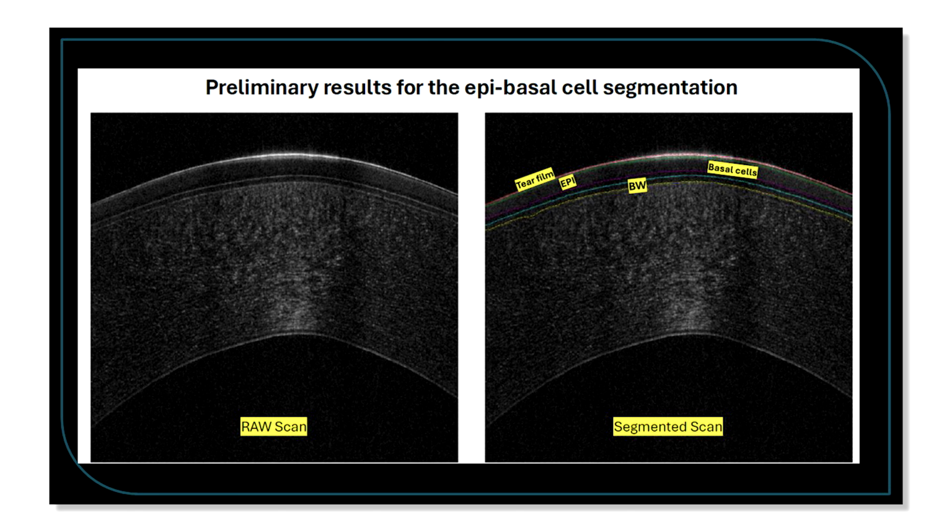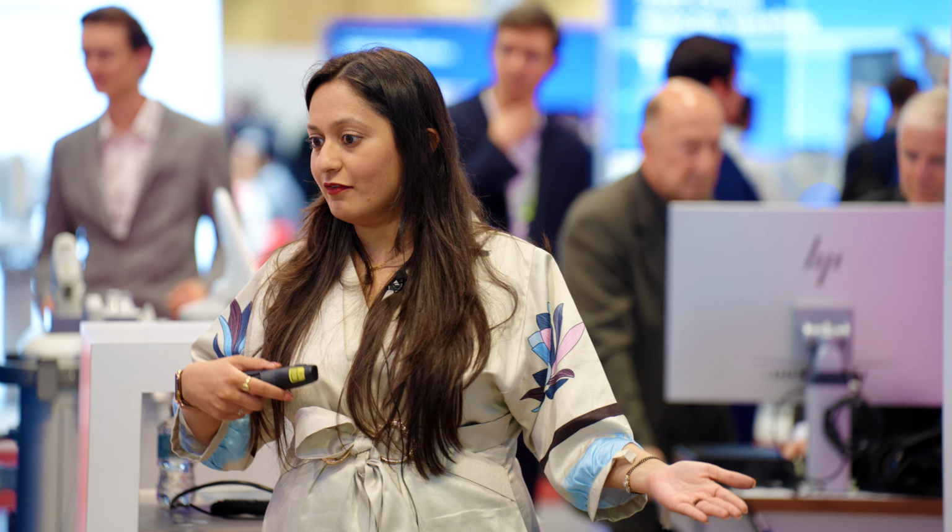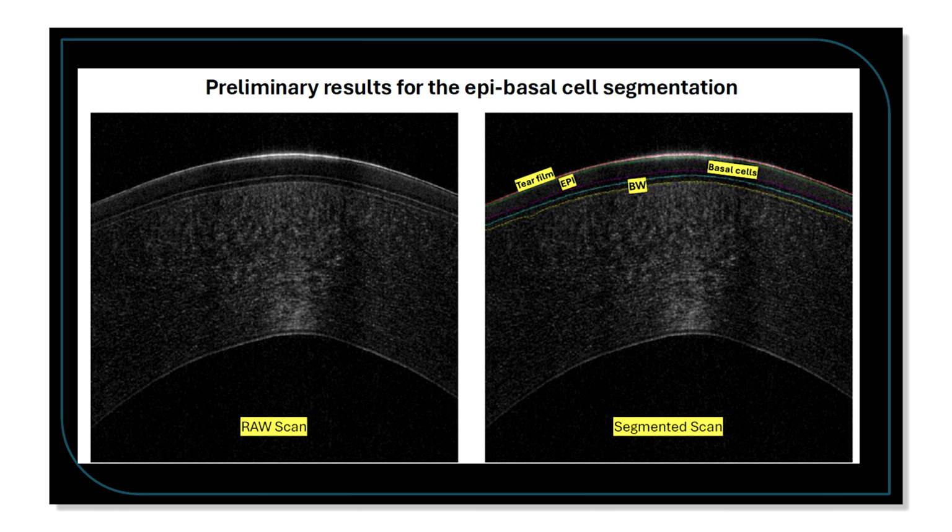So as a corneal surgeon, a lot of times basement layer dystrophies are missed, but this will give you information on the health of the basal cell segment, and it will help you decide whether to operate or not, and how to treat the patient, with drops or some other therapeutic treatment or not. So this is just the raw scan, and we've labeled it, so it can actually show even the layers of the epithelium and the health of the epithelium as well.